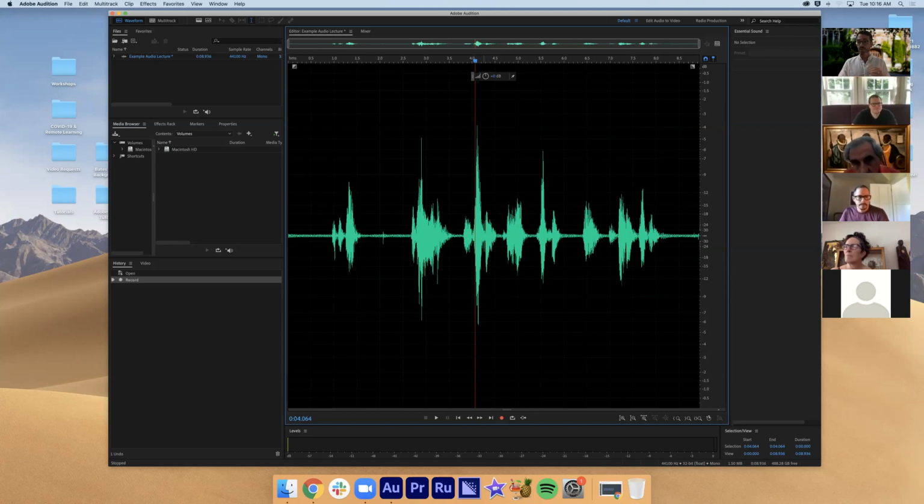Waveform view is, this is kind of dramatic, but it's called a destructive editing view, meaning that any changes I make to this audio file in the waveform view are going to ostensibly be permanent. Now, that doesn't mean you can't select undo by hitting Command or Control Z, but basically think of this as a generative tool that any edits that you make to this file are going to be saved and not adjustable